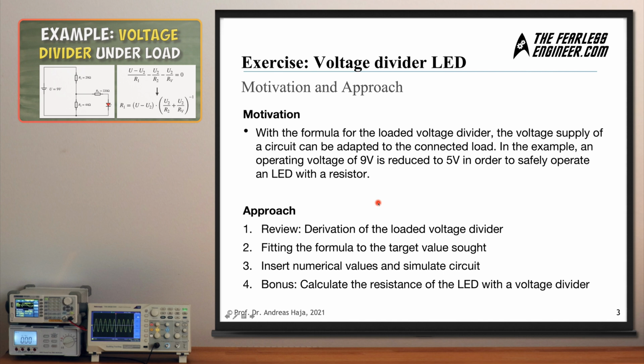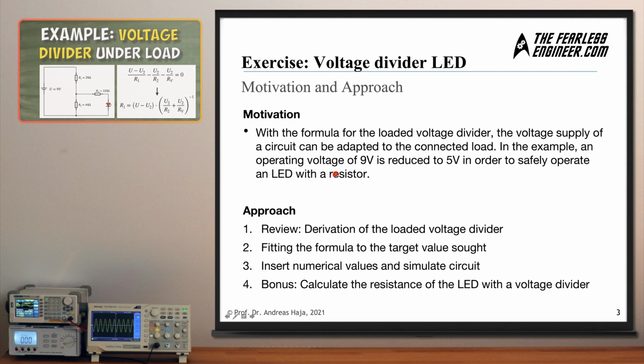This is called the loaded voltage divider because you connect a load resistor, which could be another external circuit you want to power, to one of the resistors from the original voltage divider. And with the formula for the loaded voltage divider, the voltage supply of this circuit can be adapted to the load which you connect. Let's, for example, assume you want to safely operate an LED which is placed in series